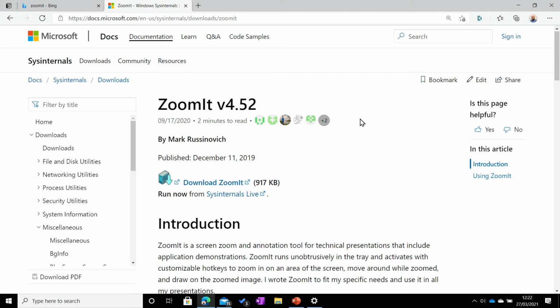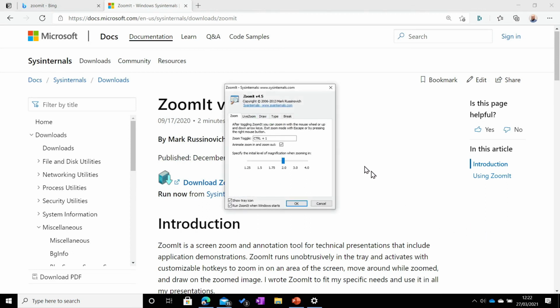Now, the last one which I use sometimes is the break timer. So let's just go back into the ZoomIT settings. Okay, and I go to the break timer here. So we activate that with Control and 3. So obviously you can change all of these key combinations here, and it tells you how long you want that to be. So let's say that we just wanted to have a 5-minute timer,